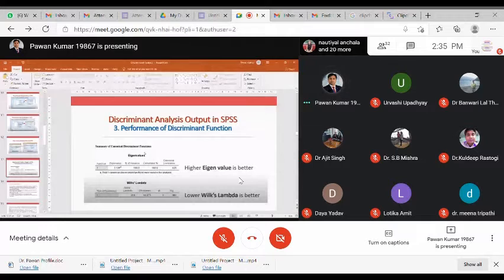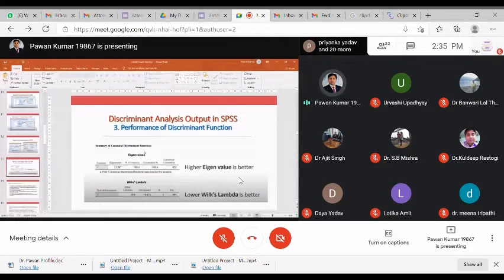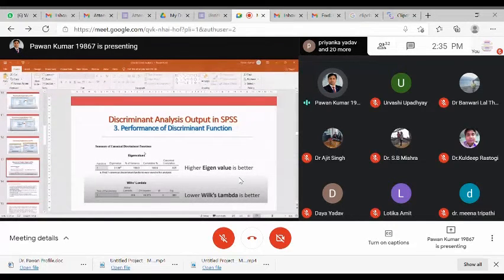So you will be getting the outputs. Number one, you will get the eigenvalue table. Please note down, for simplification, I have told you very easily, higher the eigenvalue is better, meaning eigenvalue should be more than 1. Okay, so this is the output file. I'm sharing right now the output file, what you get after executing the discriminant function. You will get one table called eigenvalue. So eigenvalue should be greater than 1. If it is greater than 1, it means the model is better.